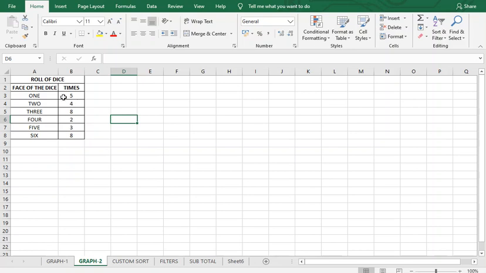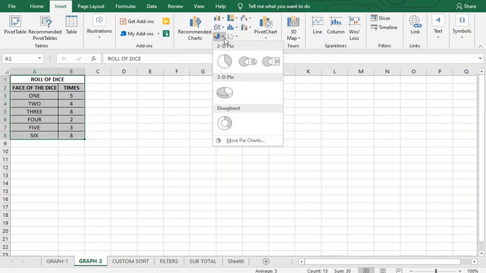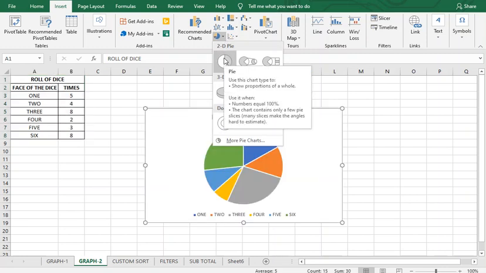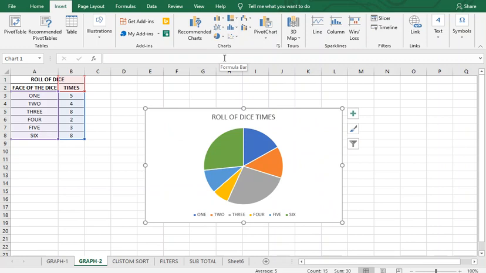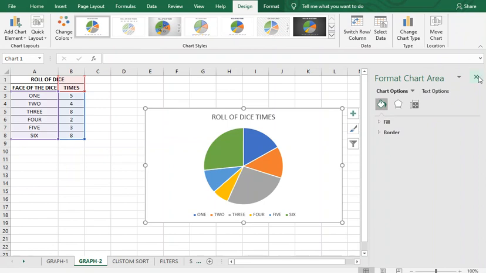As you are aware, we will select our table and go to the insert tab once again, and in the insert tab let's make a pie chart of this table. We'll go to pie chart and you see there are options coming, 2D pie. So I have made a pie chart of our table, and I'll try to get into more details of our pie chart. So let's double click on the chart and close this.